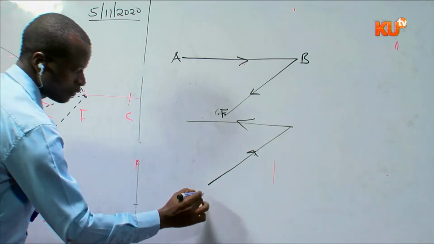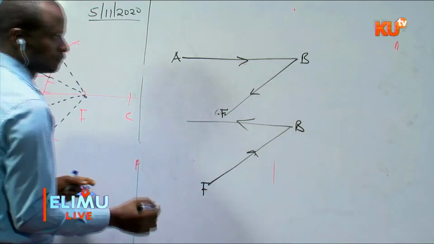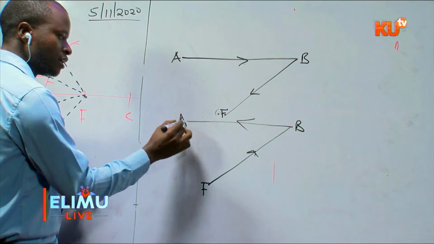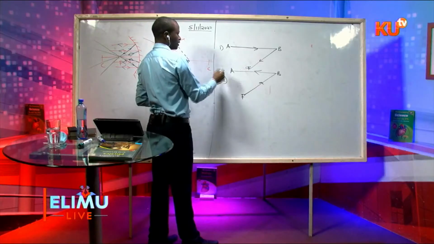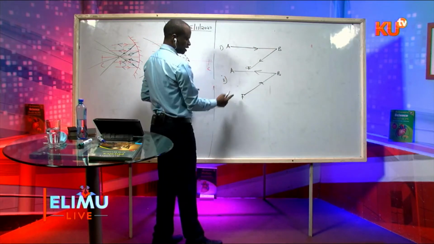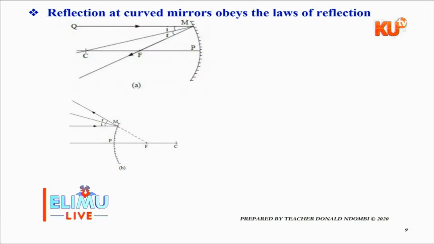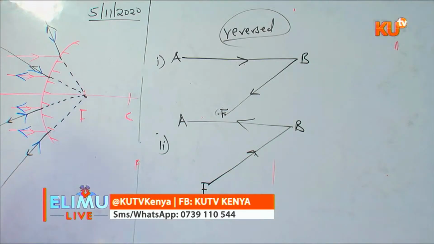Now in this case, we have directed a ray to go through F, then to hit the surface B, then it goes to A. So what has happened? In case 1, the ray came from A to B, then to F. Case 2, the ray came through F, then to B, then to A. So these two are the same. What is the difference? The paths have been reversed. So this tells us a special